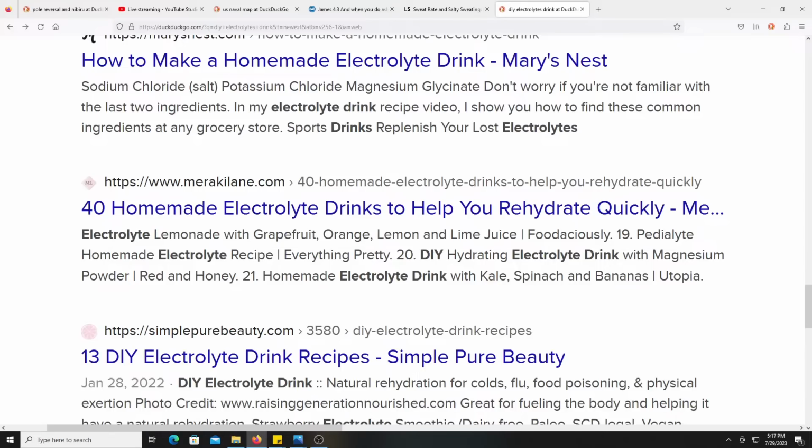I put honey in my electrolyte drink, so I don't eat that much sugar to where it's going to be bad for me. If I ate a lot of it, and candies and carbs and stuff, I might overdo it and put my body into whatever. You all can do it.